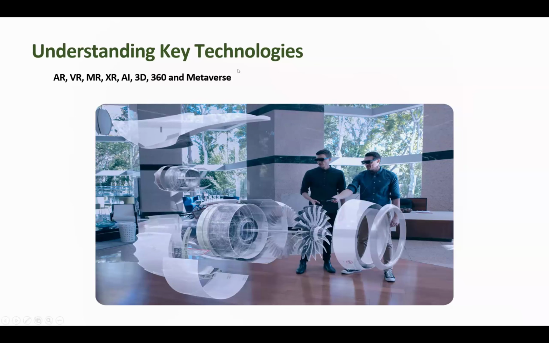Thank you, Humphreys. So we are going to have an understanding of the key technologies here, which are AR, augmented reality, VR, virtual reality, mixed reality, extended realities, AI, 3D, 360, and the metaverse. Here you're able to see an image of some people interacting. This image encompasses what the technology is about: you can collaborate, you can study things, teach things, learn about new and hard concepts with it, and create, because all that is there has been created by someone. Those are all skills that you're getting along the way.